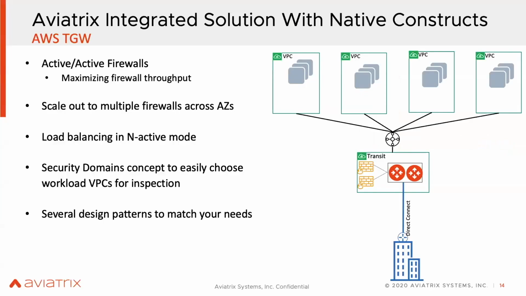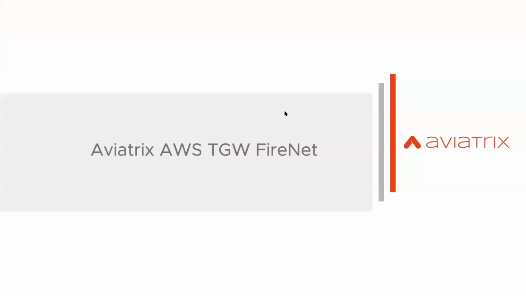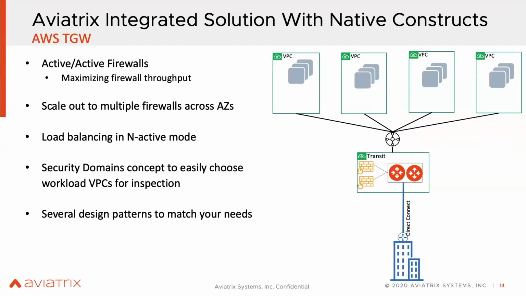Okay, so let's take a look at this solution in AWS. In this case, remember, this is the repeatable architecture. This is part of the MCNA by using all the Aviatrix components. But what if a customer is saying, you know what, I want to use AWS TGW with the FireNet. Can you solve these problems for me? So the answer is yes. This is how we are solving it.